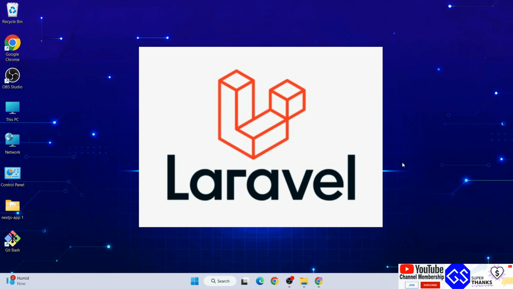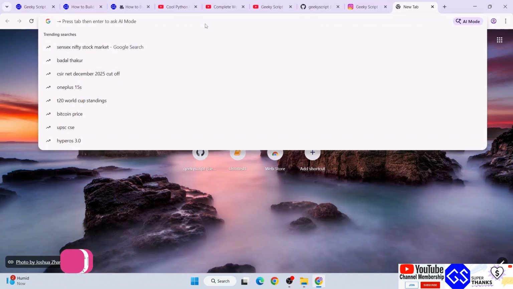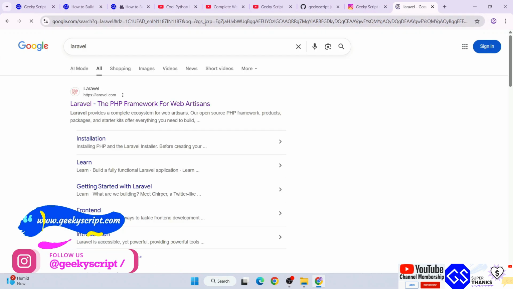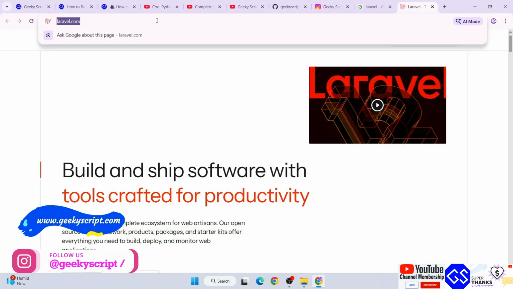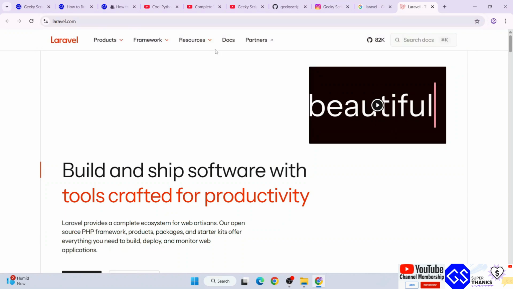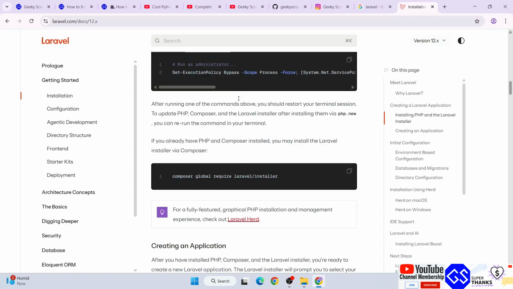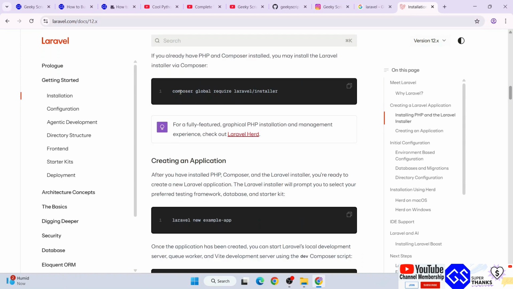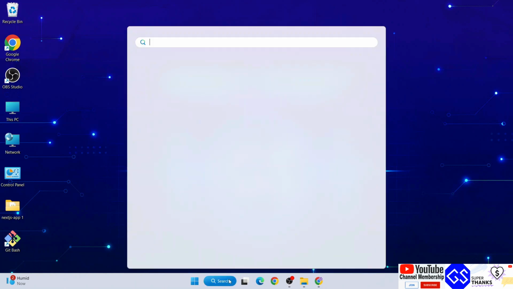So now that you have Composer already installed on your system, you can just simply go to your favorite browser and just type over here Laravel and hit enter. Just simply go to the official site of Laravel. This link I am going to provide right in our video description. Here switch to docs, and as you scroll down over here, you will see this command called composer global require laravel/installer. So you simply copy this command